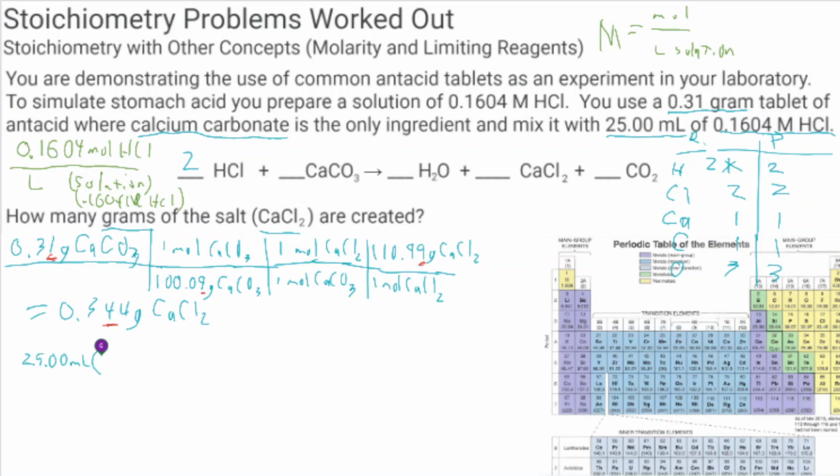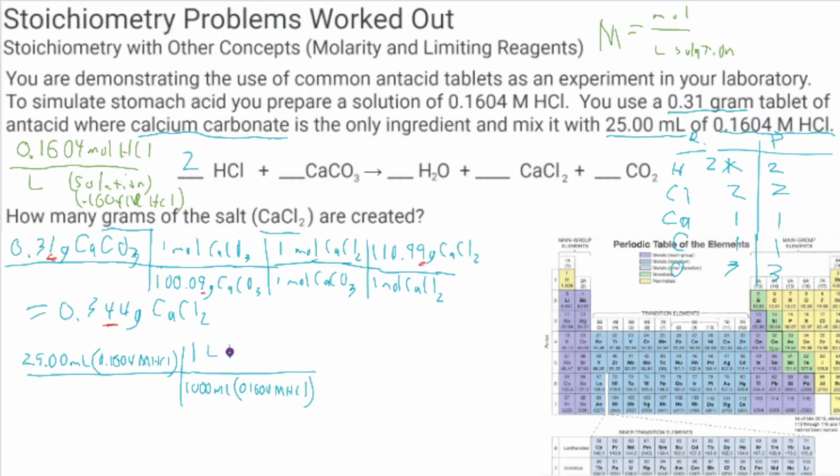So this is the 0.1604 molar HCl. And in order to get to that molarity, which we kind of drew out here, we need to get to liters. So right now we're in milliliters of solution, so we need to just convert it to liters. So we're going to say for every 1,000 milliliters of our solution of 0.1604 molar HCl, we're going to have 1 liter